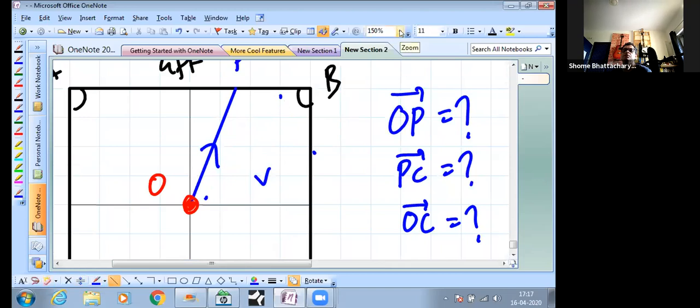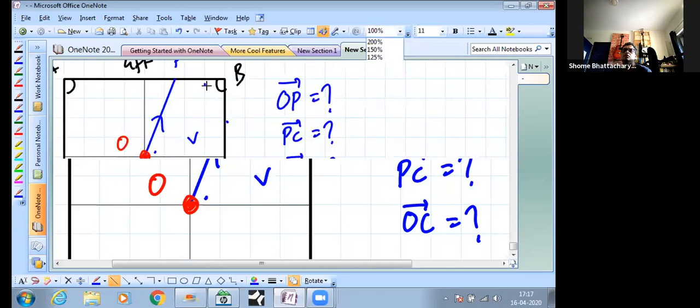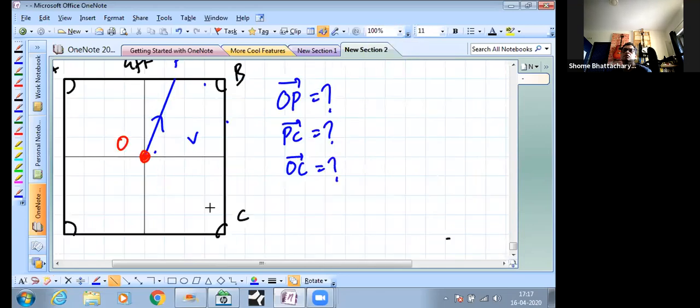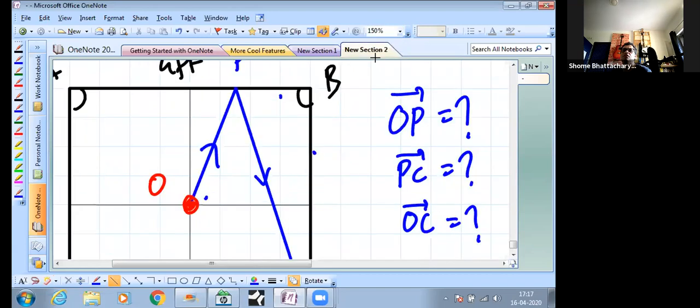So just a moment, let me redraw that. When I come to this reflection part over here, I will use a small assumption that if this is the normal that you're drawing at the point of intersection, then this angle should be equal to this angle. That also means that if this angle here is theta, then this angle here is also theta. So this is a principle of reflection that we are using.